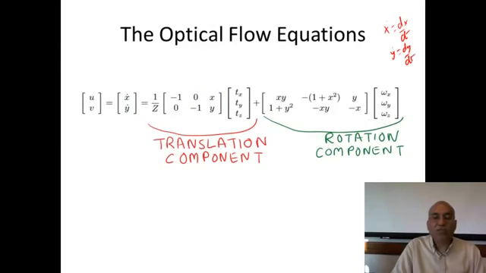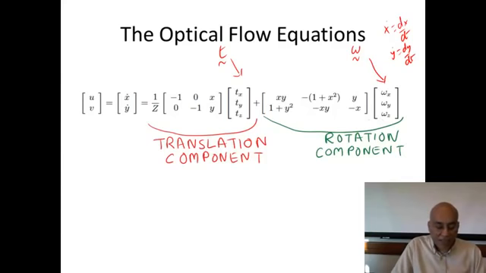So these are the two components of optical flow, respectively the x component and the y component. And what we did over the previous slide was to derive a relationship between these and movement in the scene. And the movement in the scene has a translation component and a rotation component,